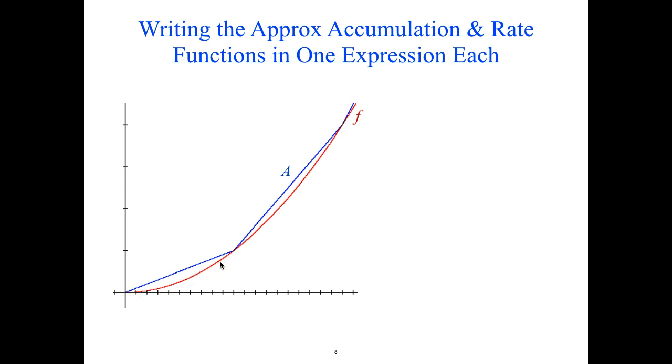But this red curve is an exact accumulation of area in the square, and it could be total or net. We start from 0 because squares have a minimum side length of 0. But this approximate accumulation gets us between (0, 0) and (1, 1). It gets us the same amount of accumulation, but in a different way, by taking one constant rate over that interval, called an average rate of change, using just the endpoints of the interval to generate that rate: change in the y, dy, over change in the x, dx, or whatever the variables might be called